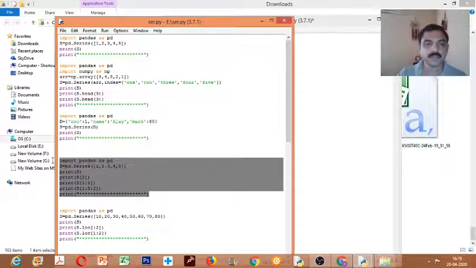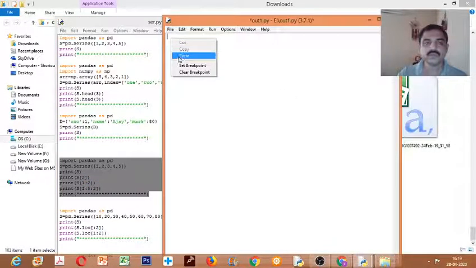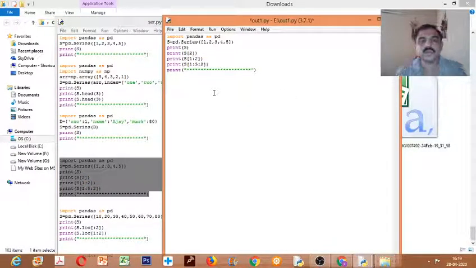Now, in a series, I want to display a particular element or a range of values. So, how to do it? Let us see. So here, import pandas as pd is written, s equal to pd dot Series 1 2 3 4 5.